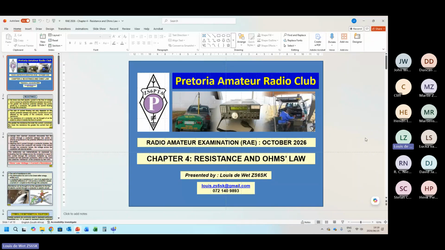Okay, the first question is, let's look at the summary. I see there's the little triangle there on page 55. If you are a bit rusty with rearranging equations, you may consider using the triangle trick. This triangle shows the relationship between V, I and R. Okay, let's look at the summary.